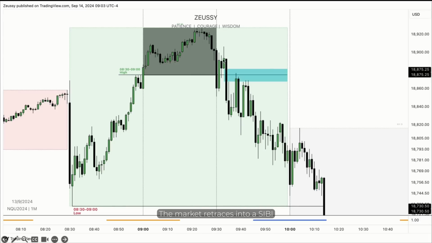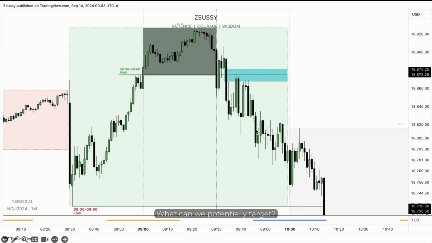The market retraces into a CB which formed right in advance of 9:30, forms a high there, and then immediately displaces towards the downside, creating a CB that displaces through that previous high. The market retraces into that price level of that old high and into that CB and rejects it right away.